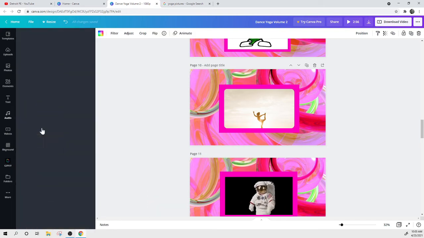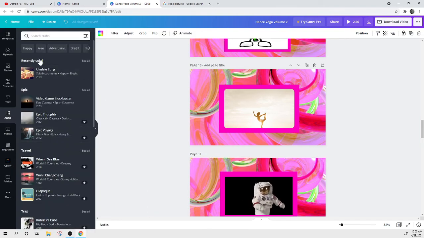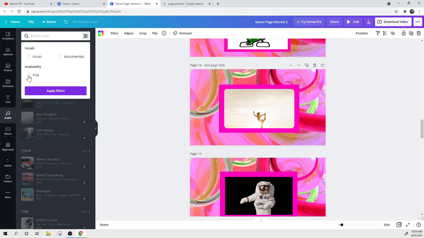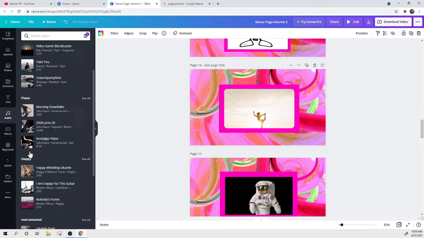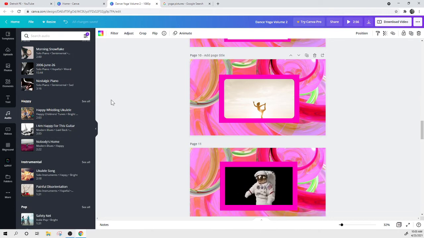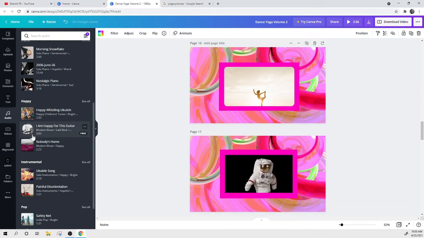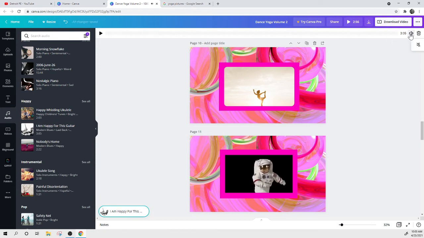Always change the music because your kids want to have something different to listen to. And remember, like I said, if you go up here to these little controls, just click free and all your free music will come up. So just put one on here. Doesn't matter. You can change the volume settings if you would like to. And then if you want to watch your game,